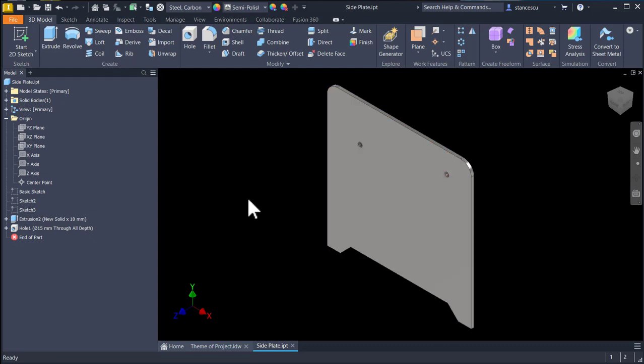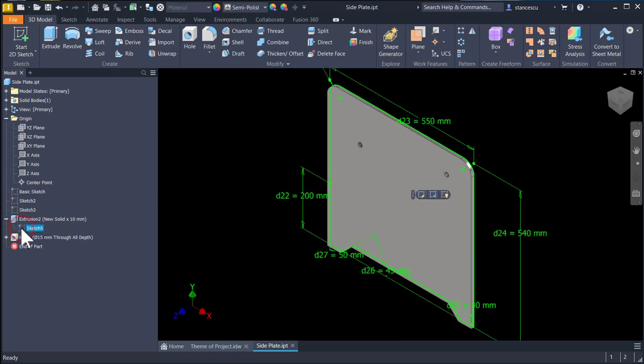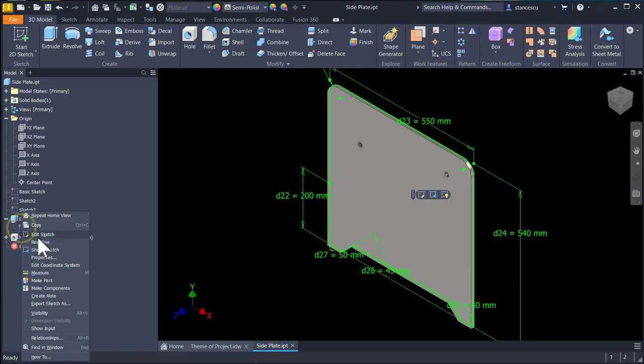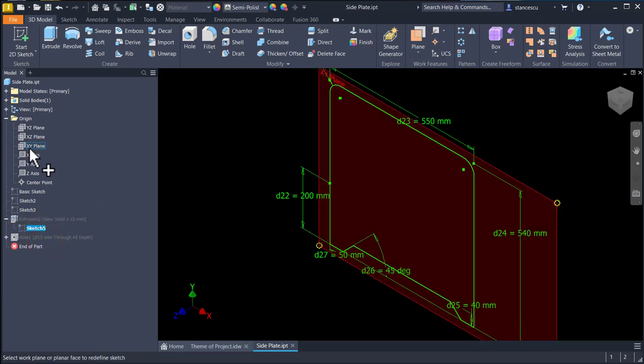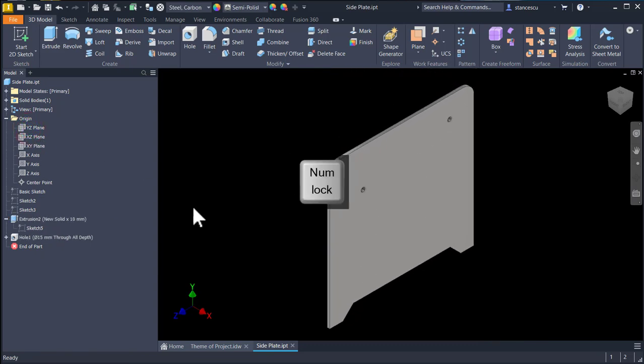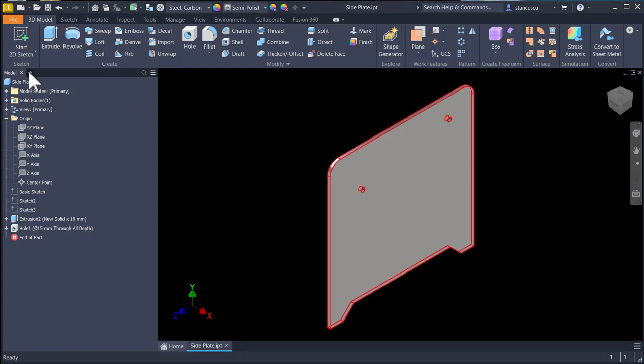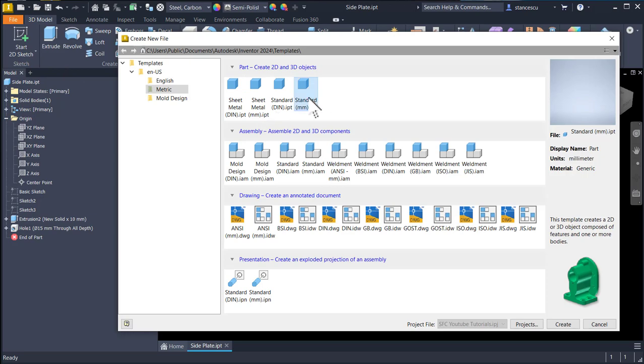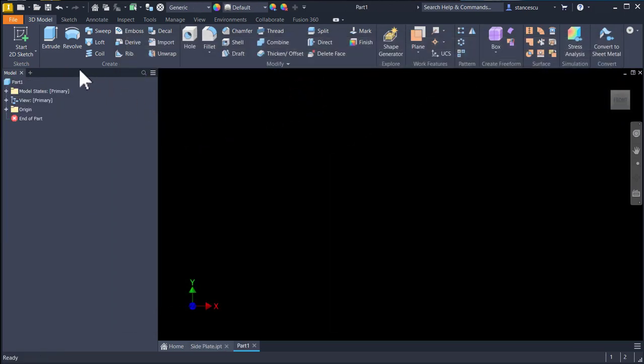Now I make something interesting. I change the definition of this sketch. Redefine to be on this plane. Why? Because this is the position selected by our boss. Now we create the shaft, new, standard millimeters,